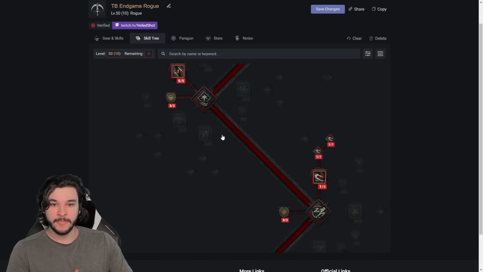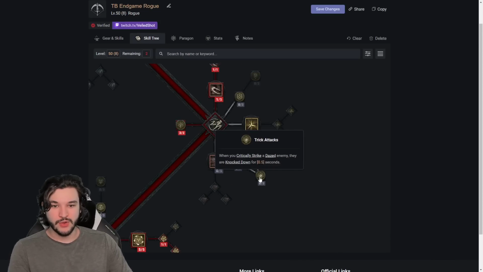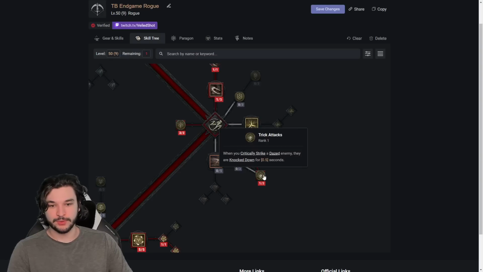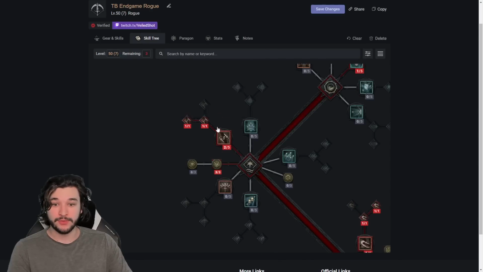Because what you can do is, let me just pull some points out of this just to show you, you can actually go concussive into trick attacks. And this is super, super nice. So you can see here, when you critically strike a dazed enemy, they are knocked down. And then you can max this out for 15% increased crit strike after knocking down an enemy. That's really powerful with